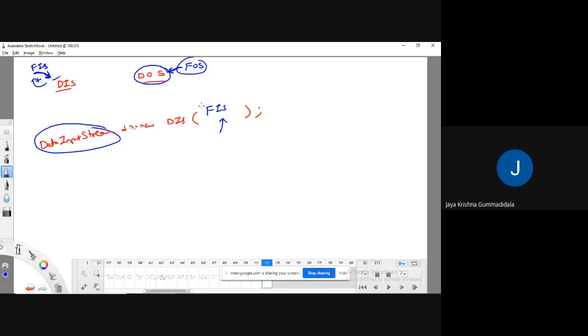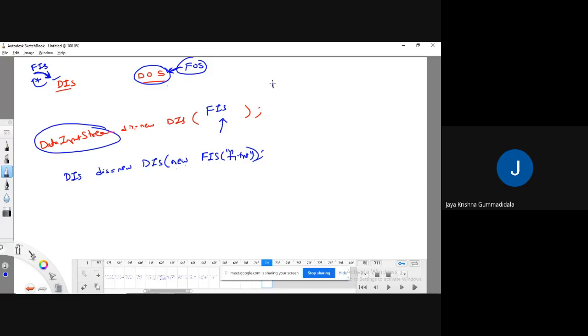So how are we going to create a data input stream? Data input stream dis equal to new data input stream of, I need to pass a file input stream object. How are we going to pass the file input stream object? I can simply create it with new. As I am using it only one time, I can directly use new file input stream of something like f1.txt.